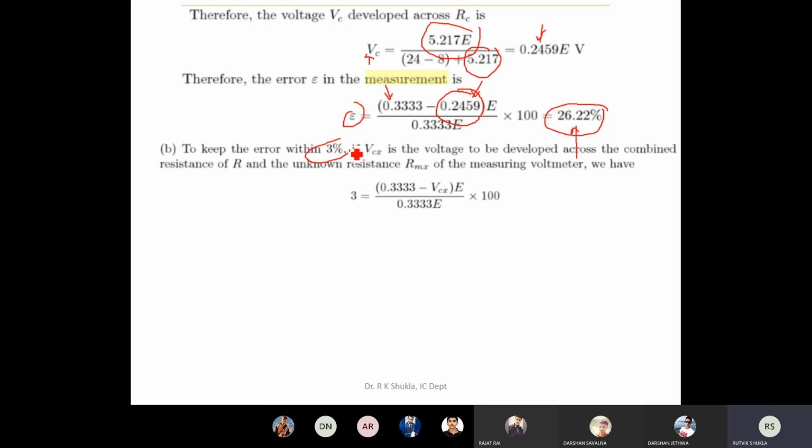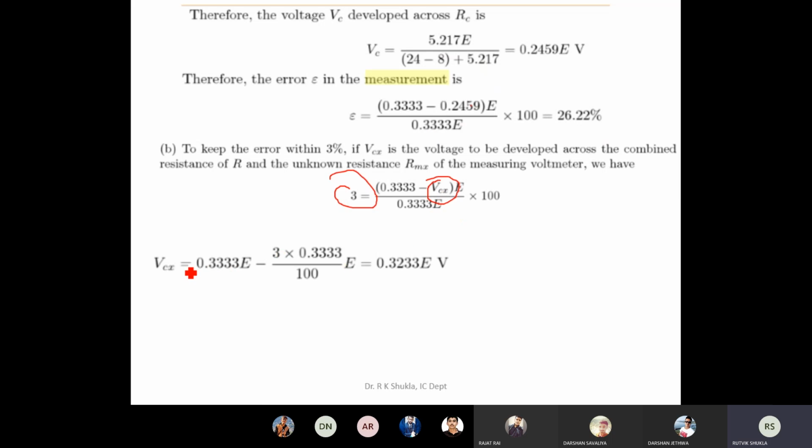Now again the target is to keep the error 3%. What we have to find out is we have to find out the unknown resistance Rm. So અહીંયા કીધું એમ these things are known. આ 26 હતું, અહીંયા આપણે 3% છે, આ ખબર છે. So by solving this we can find out this. અહીંયા જે આ હતું અહીંયા આપણે unknown છે, VCX એને નામ આપ્યું, અહીંયા VC હતું. So VCX અહીંયા તમે સોલ્વ કરશો then you are getting VCX